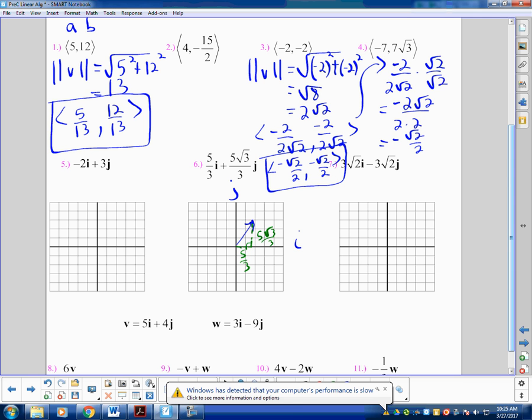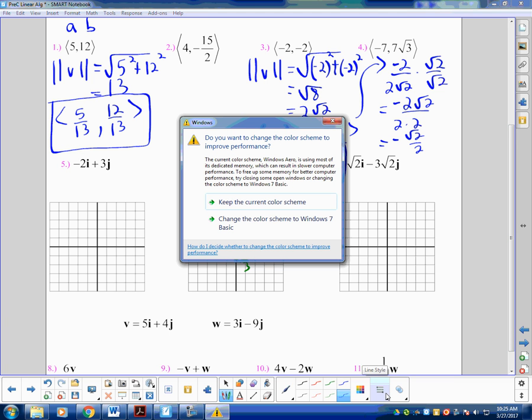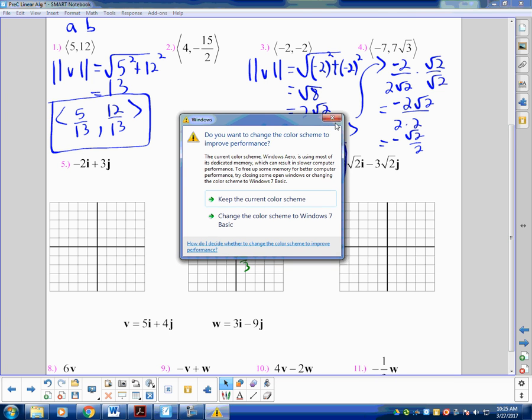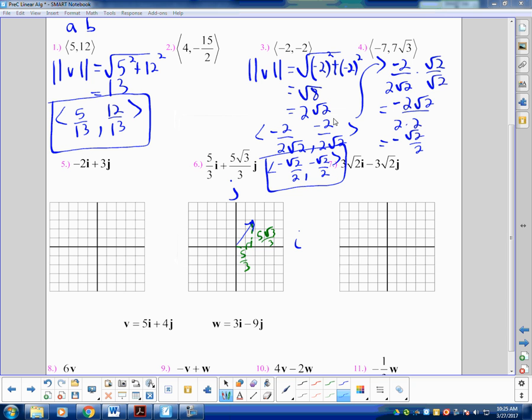And so when I'm asked to find the magnitude, all that I'm doing is using the Pythagorean theorem. So it looks like this. Square root of 5/3 squared plus 5 root 3 over 3 squared. So I'm squaring each of the legs of that right triangle. And that